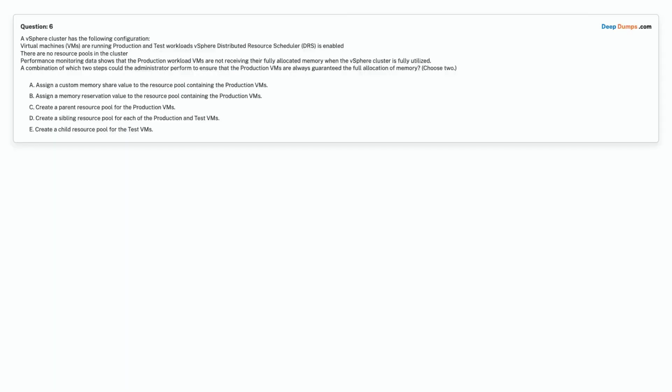Question 6. A vSphere cluster has the following configuration. Virtual machines, VMs, are running production and test workloads. vSphere Distributed Resource Scheduler, DRS, is enabled. There are no resource pools in the cluster. Performance monitoring data shows that the production workload VMs are not receiving their fully allocated memory when the vSphere cluster